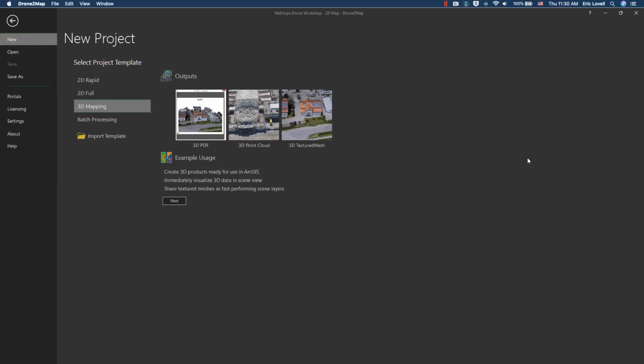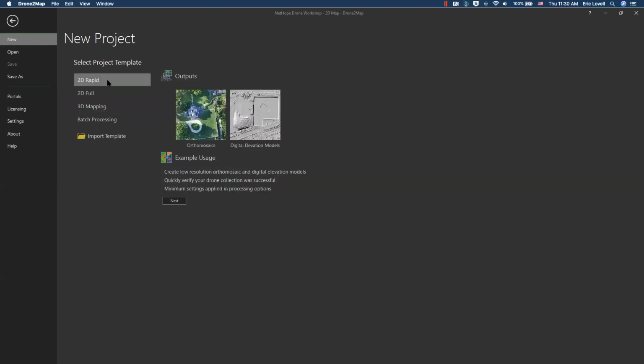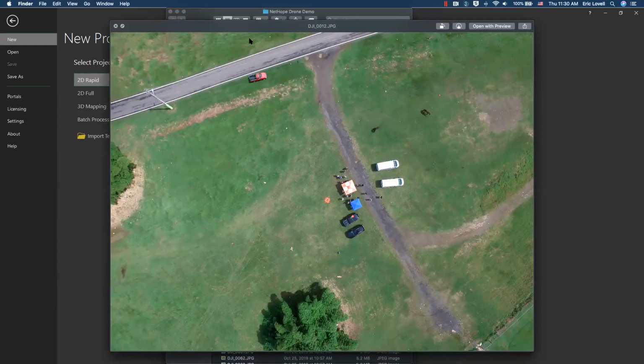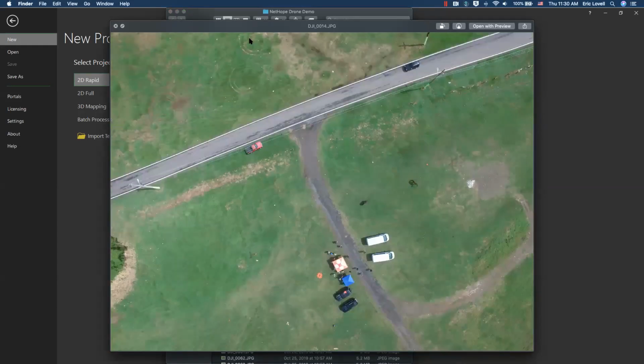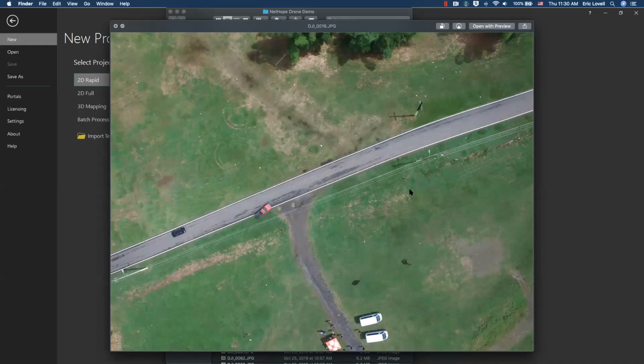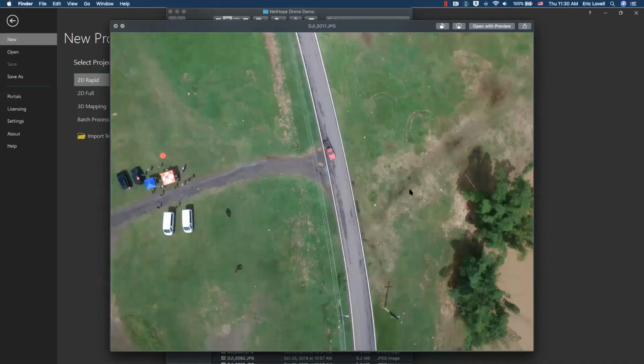So in this case, what I want to do is publish as a 2D rapid. We are interested in taking this stack of drone images, which let me pull up here to show, which we have here. You can see each individual JPEG captured during the NetHope Summit. You can see a few horses that were out in our field joining us for our drone session. So basically what we want to do is create a mosaic out of these individual images,